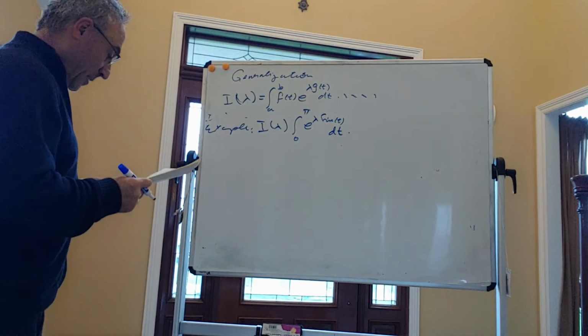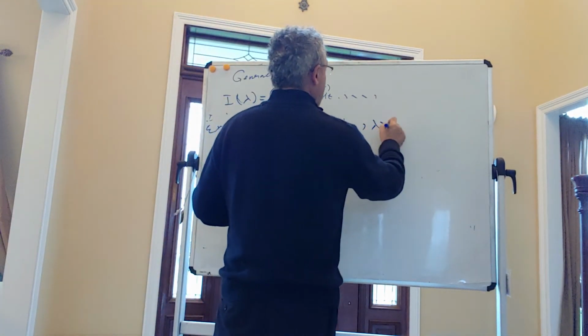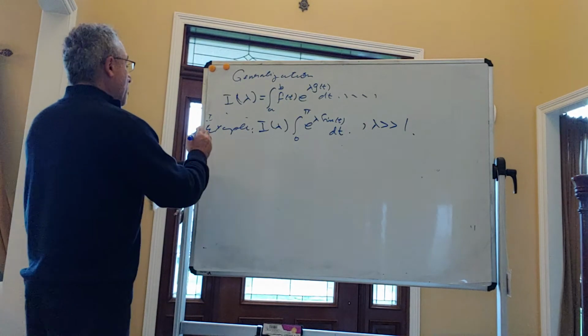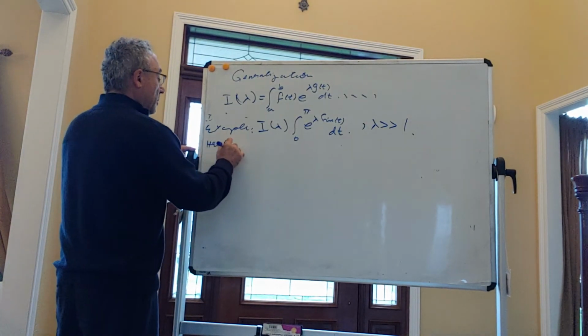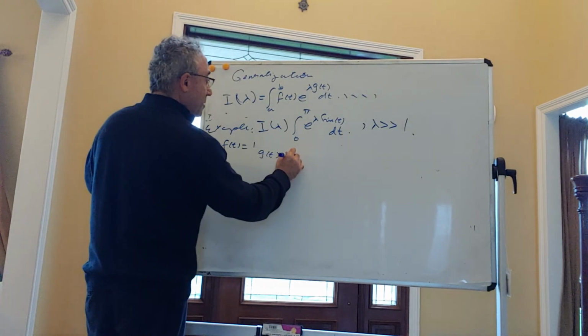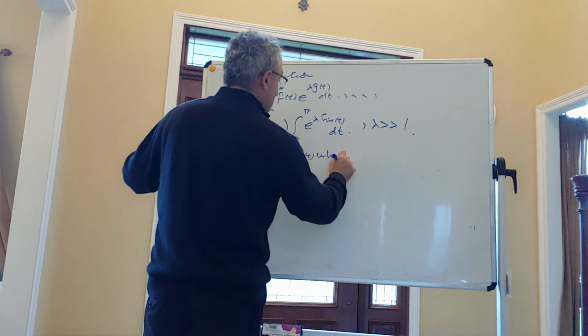Okay? And here lambda bigger than 1. So here f of t equals 1, g of t is sine t, which